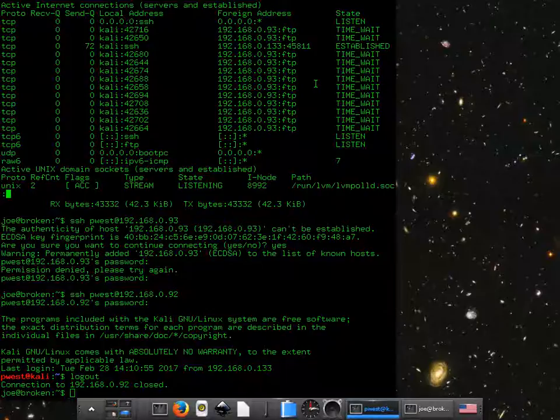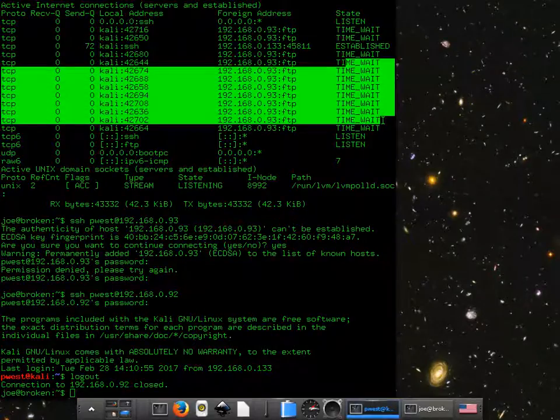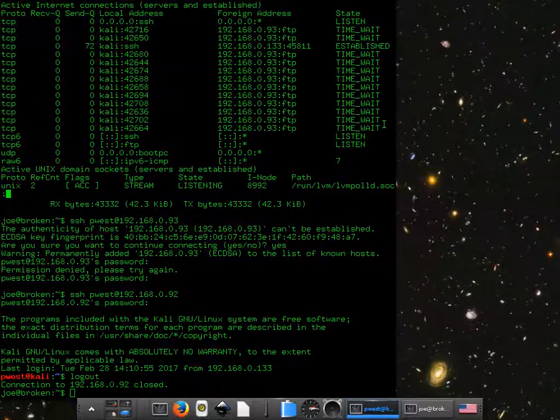So that's just to show you, hey, with Netstat, you can see a connection that comes in and goes out. This is just saying there's currently an established running connection. These means they're on a timeout to wait. If you remember from one of my labs, I have FTP constantly connecting and quitting. That's why you see so many on this machine right now. And go ahead and ignore the